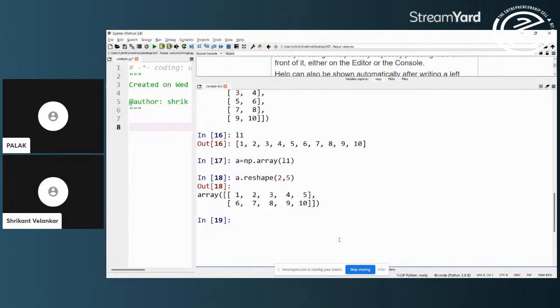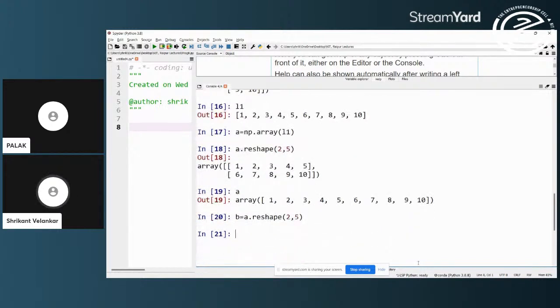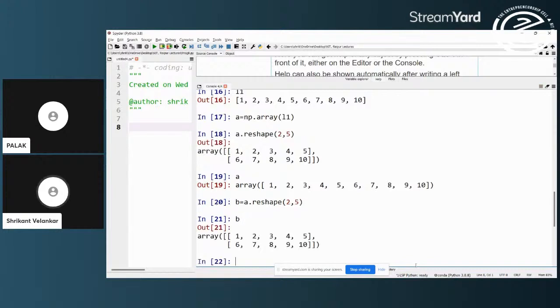Now, what is A now? It is this, and suppose I say B is equal to A dot reshape. The A dot reshape will be taken to another 2D array B. So it is obviously a reshaped vector.